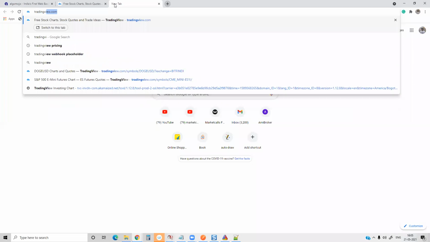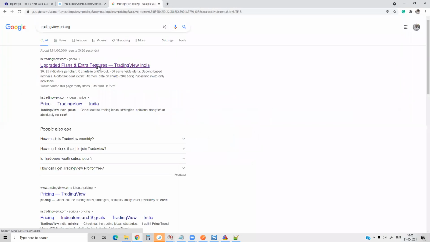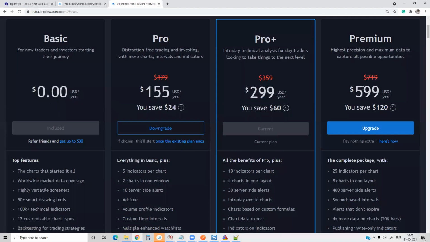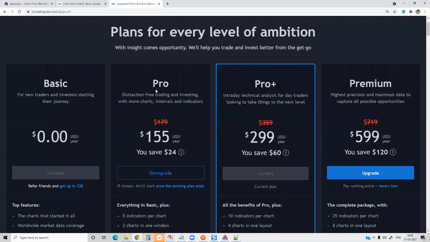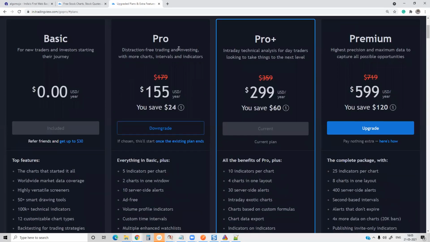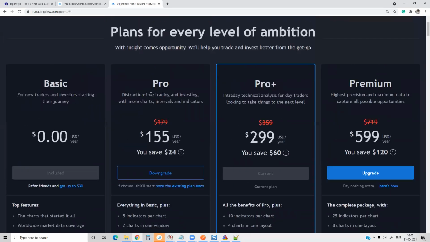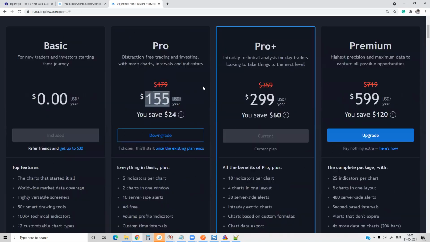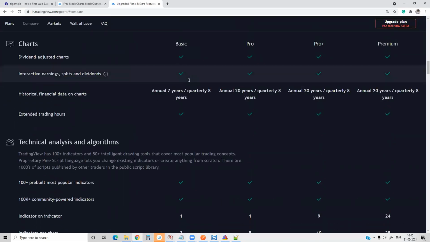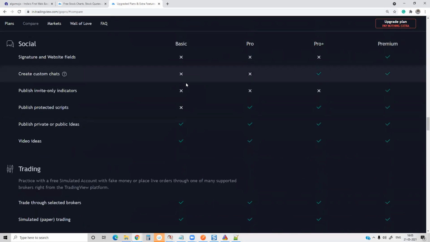So you can go and check out TradingView pricing. However, we don't have any association with TradingView. You can check out the pricing over here. This is the pricing which they provide for people who go for an annual subscription. For a monthly subscription, I think it will be roughly around $15 per month. This is the annual subscription. Maybe you have to go for the monthly subscription, so that I can see it.